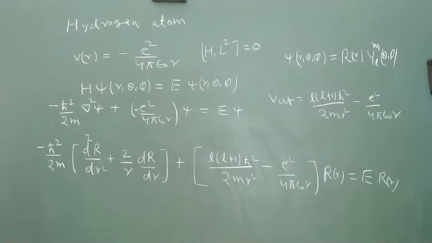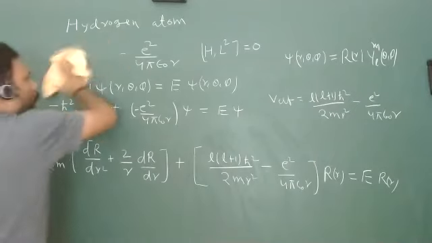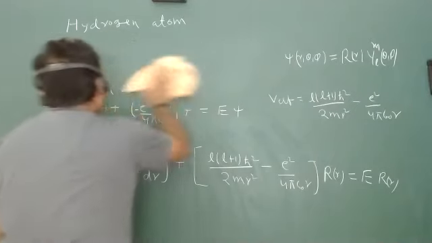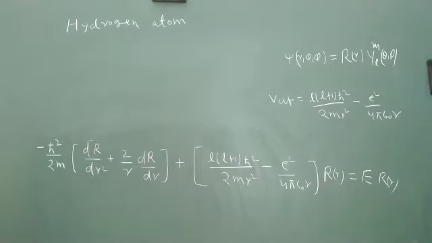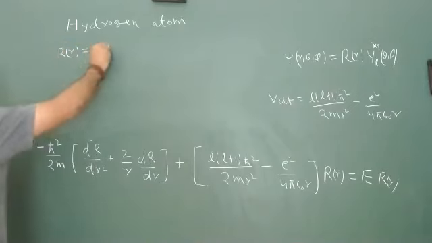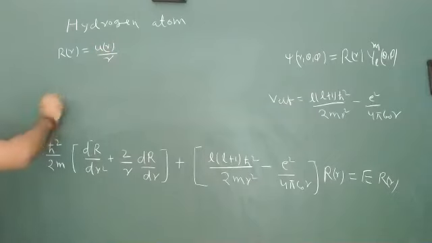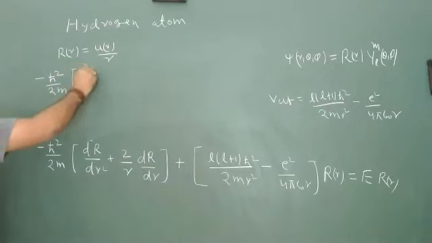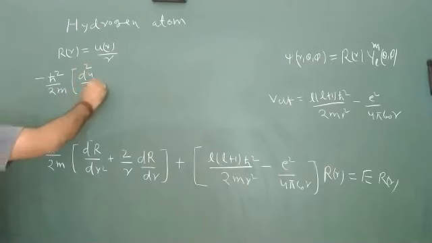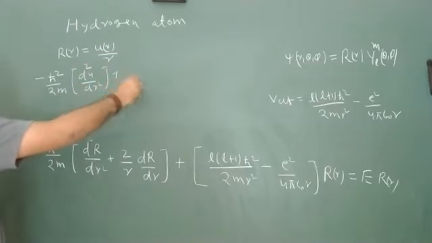And how will you solve all this? You will solve it by just putting u(r) as R(r) times r. And finally, I have one differential equation: minus h cut square upon 2m d square u by dr square